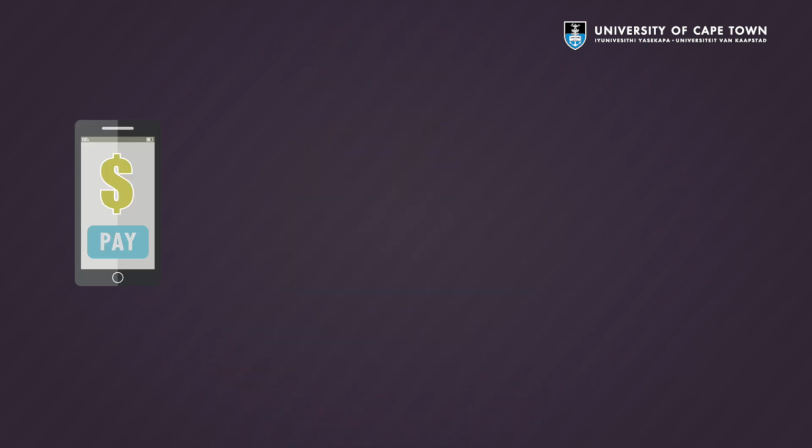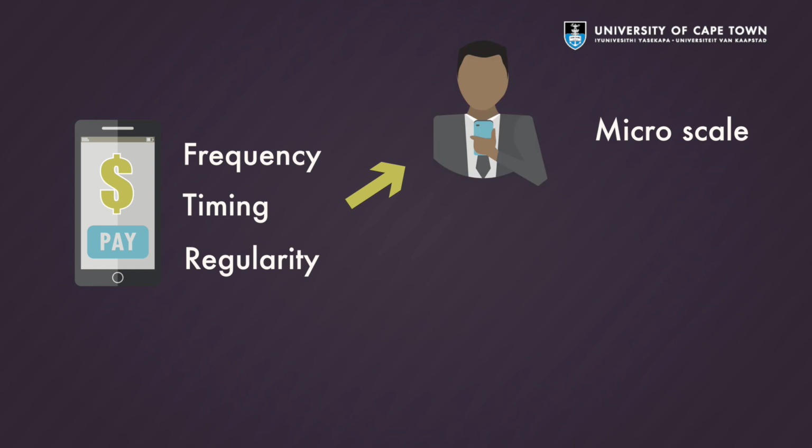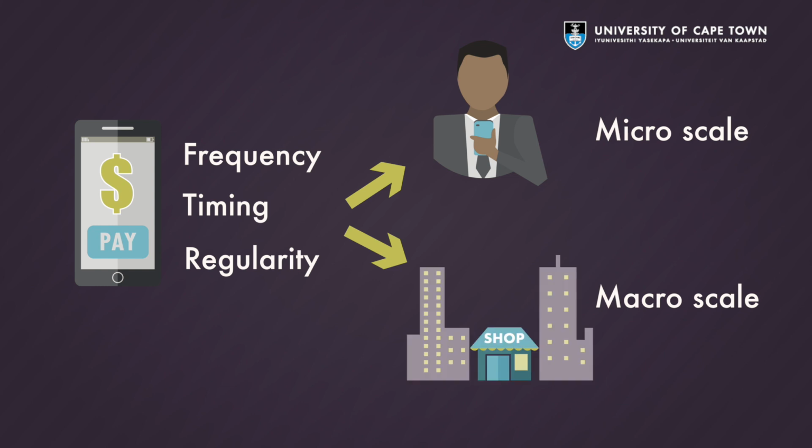For instance, enterprises that allow customers to pay with their cell phones collect data around the frequency of the payments, the timing, the regularity, and other data points. On a micro scale, these data can create a credit history for an individual that may not have a bank account. On a macro scale, these points can paint pictures about how the local economy works. Both the credit history and the insight into the local economy might be of interest to funders. Both could be beneficial to the end users of the enterprises.